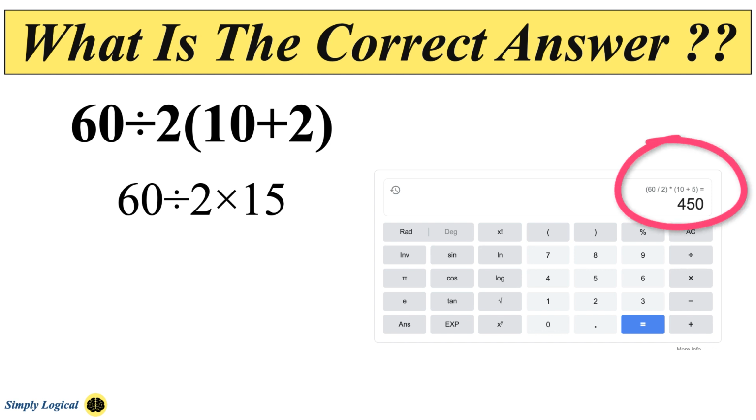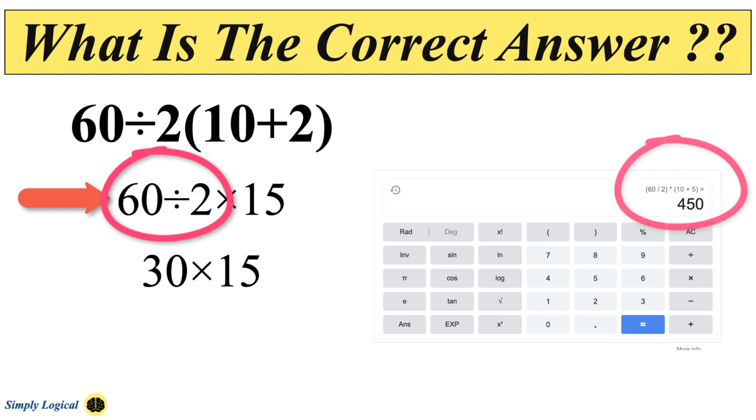According to the order of operations, we know division and multiplication have the same precedence. So the correct order is to evaluate from left to right. First take 60 and divide it by 2 and then multiply by 15. So the expression becomes 60 divided by 2, into 15. After solving, the expression becomes 30 into 15, which is equal to 450. So this gets to the correct answer of 450. This is without argument the correct answer of how to evaluate this expression according to current usage. Some people have a different interpretation, but this is the way we must evaluate the expression today.